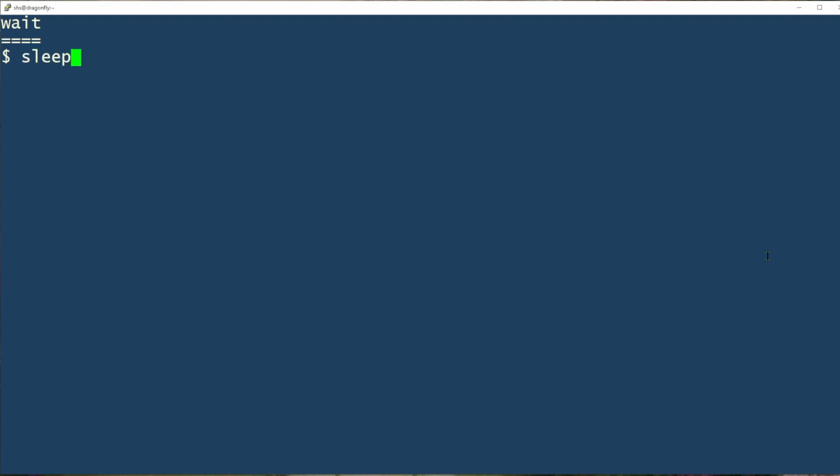If you run a sleep process in the background like this, and then you wait on %1, which is the job ID, you see, we have to wait for the sleep process to finish before we go anywhere else. So it's finished. There you go. There's our prompt again, and that's done.